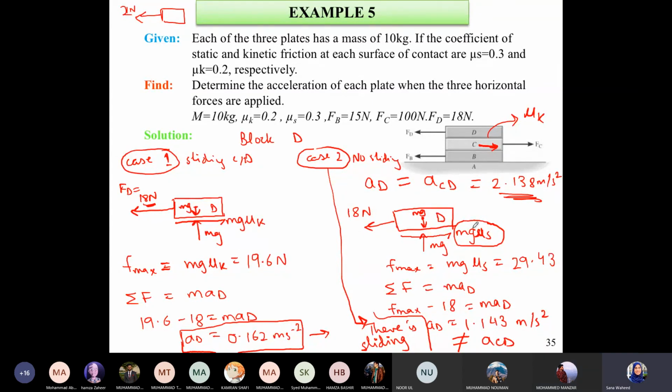Yes, you're right. Yes, it's acting like an applied force on D. बिल्कुल ठीक है, ठीक है। Because C is moving. ठीक है, बिल्कुल ठीक है, ऐसे सोच लें।